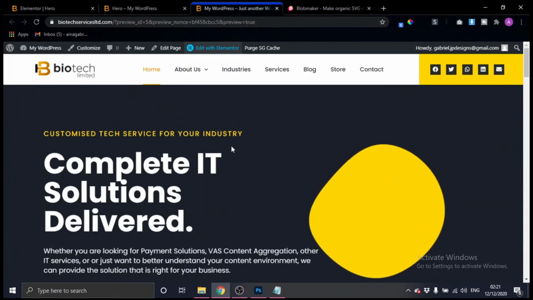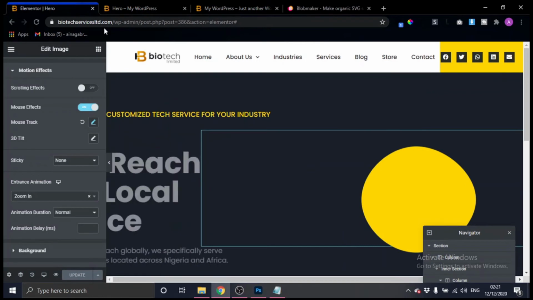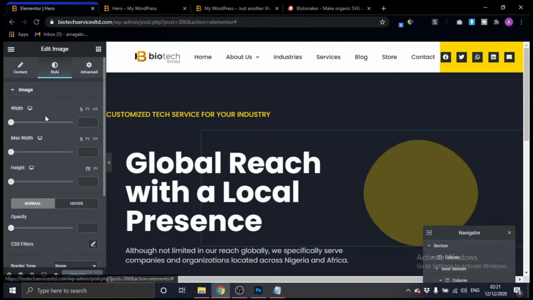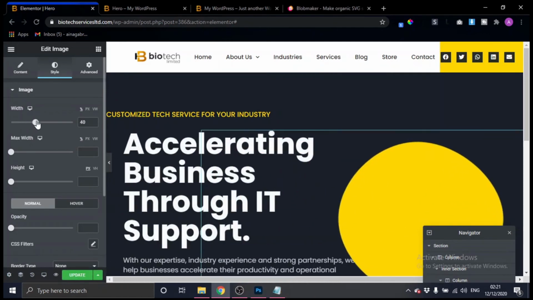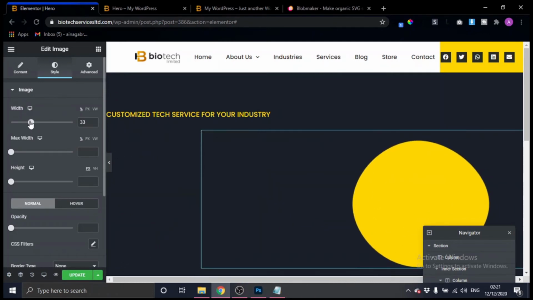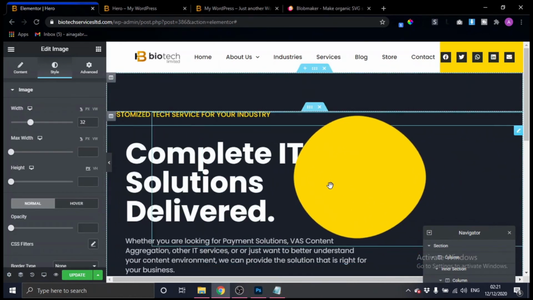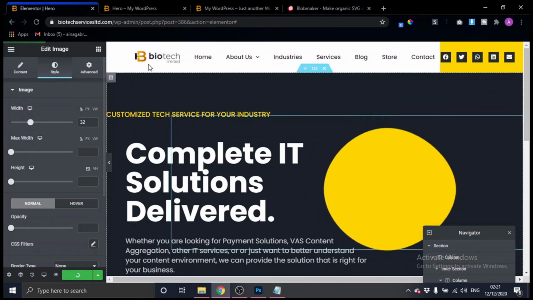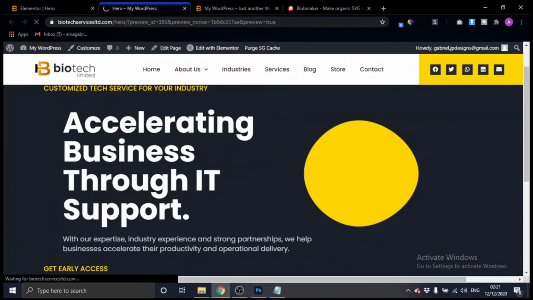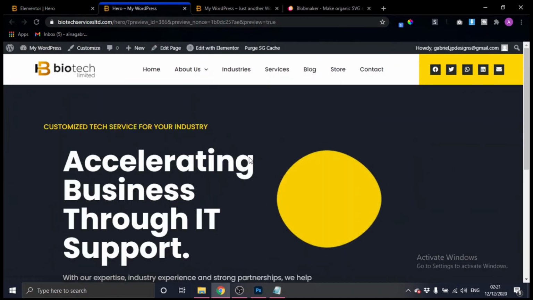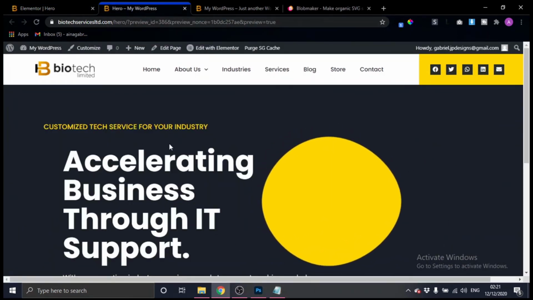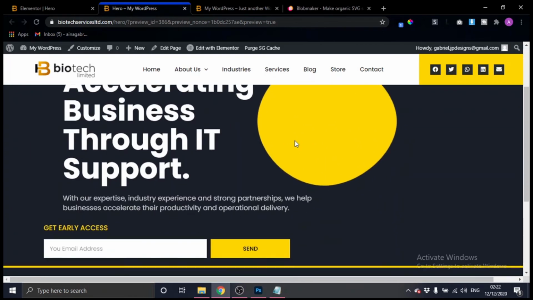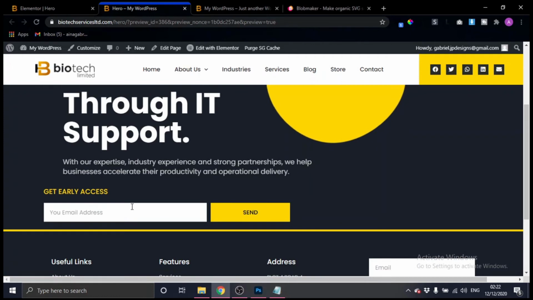It is more original. Okay, and we can actually increase the size of this. Come down to the root section, and then we can actually increase the size to how we want it to be, and then reposition it well. So when I hit the save button and it updates, okay, I see it a bit bigger. It's a bit bigger than the former one, and then we have our email right here.